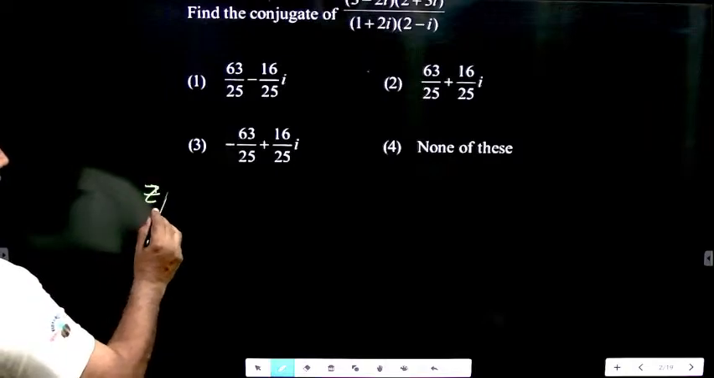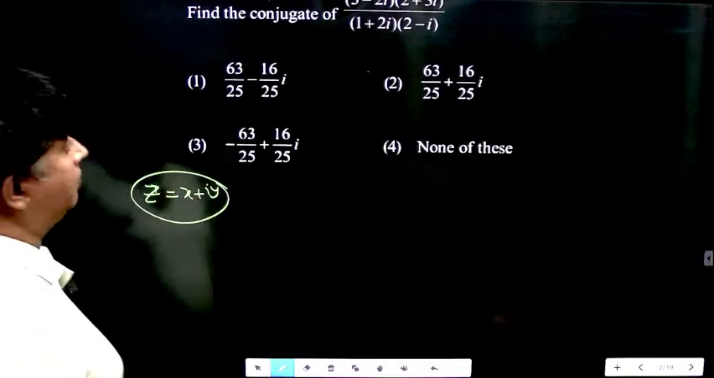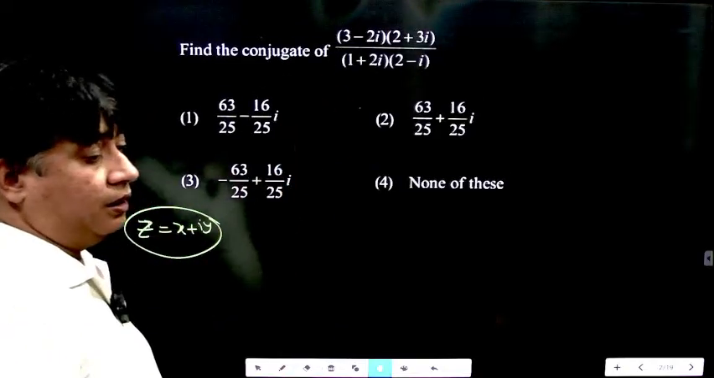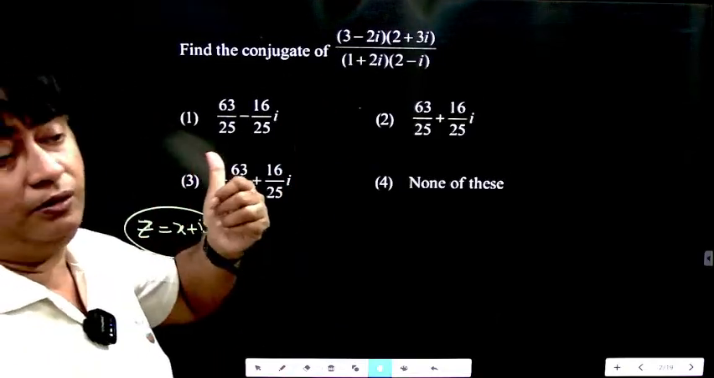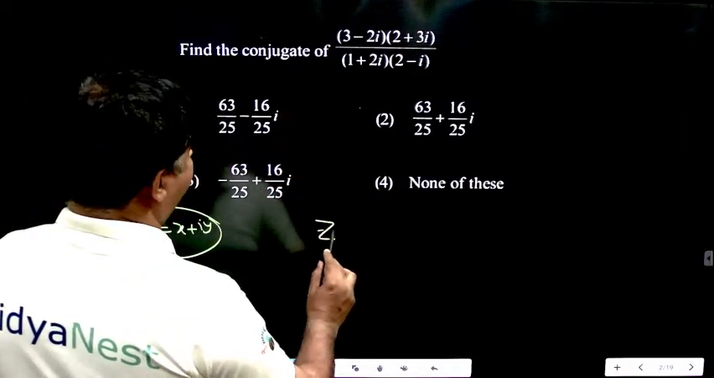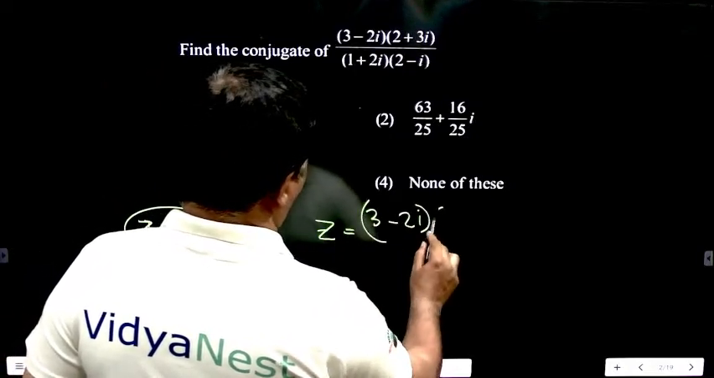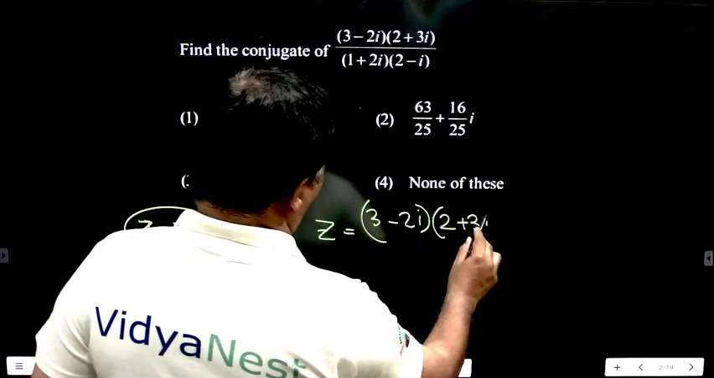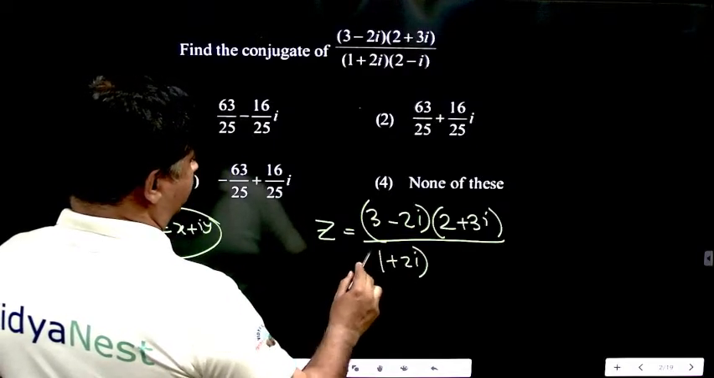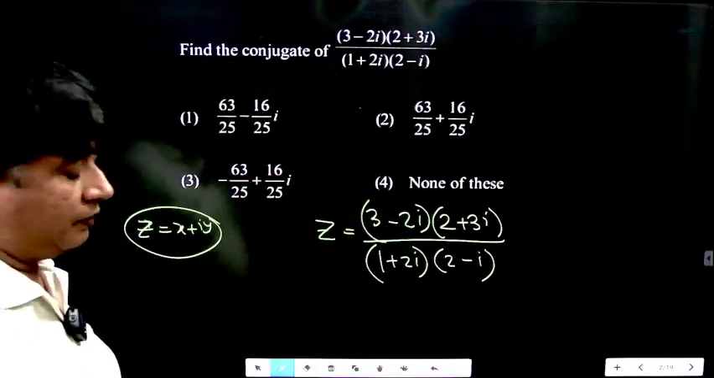Z is equal to x plus iy. That is the standard form. But this sum is not given in that form, so we have to bring it to that form by simplification. See, here Z is given as this. That is Z. Now,